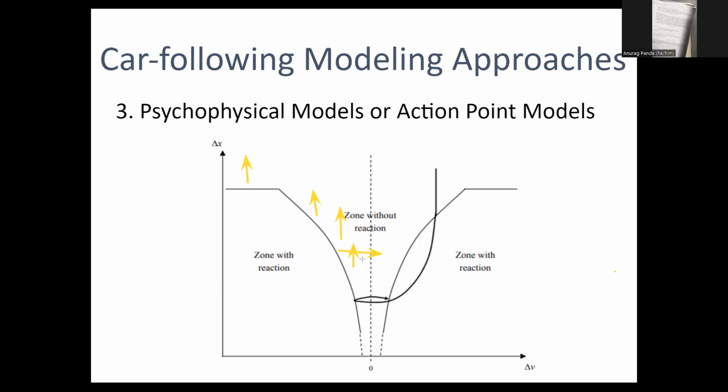So you could have this whole zone. You could see that this is a zone with reaction, this is a zone with reaction, and then this is a zone without reaction, right? So these are the three areas. What we are saying here is that if delta x is larger than a certain value, you never worry about any reaction. But when delta x is lower than this threshold, for example when you're in this zone, you could still have no reaction